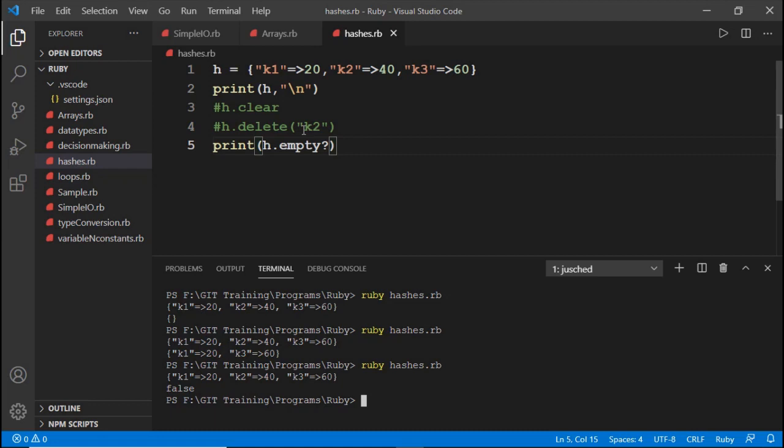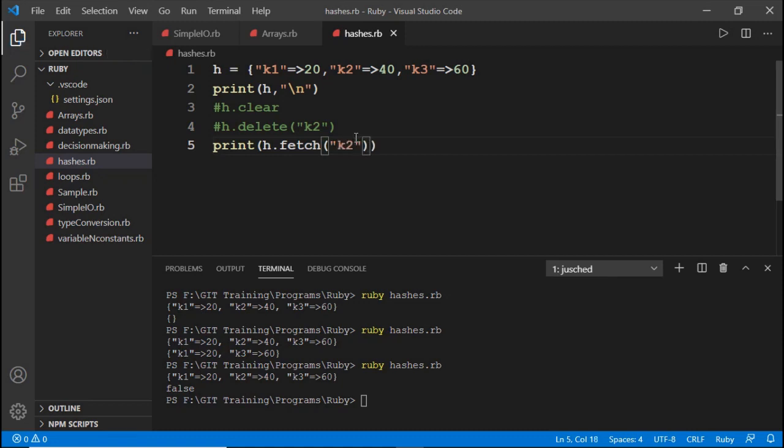Then coming to the next method, that is the fetch method, which retrieves a value from the hash based on the key. So for example, h dot fetch of, here you pass a key, let us say k2 is my key.